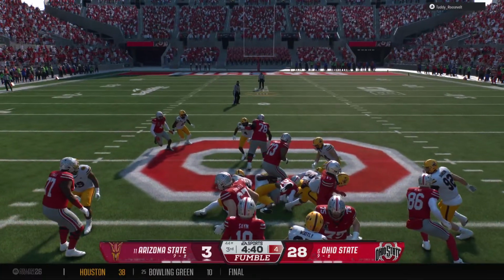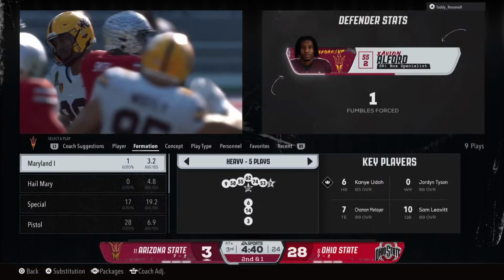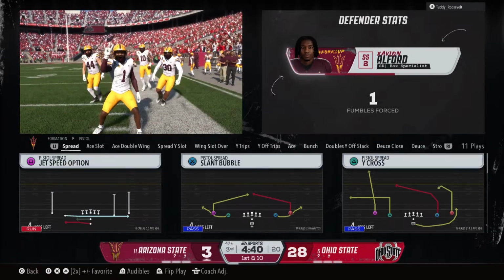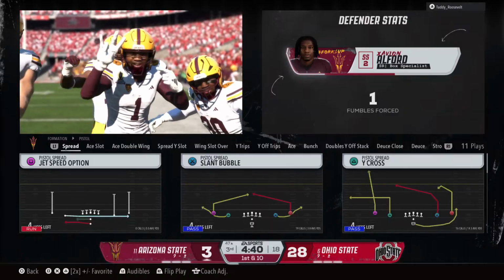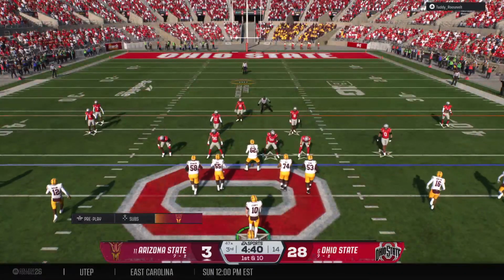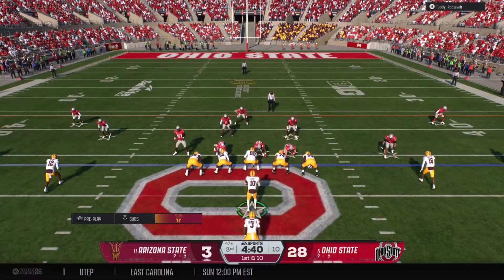Oh, and he fumbles. And the defense comes up with the football. Oh, what a play by this defense. Trailing in the second half, really, the only way you can get back into this game is create turnovers. Ball's on the ground, they pounce on it, and they get the ball back to their own offense. And back comes the Arizona State offense onto the field.